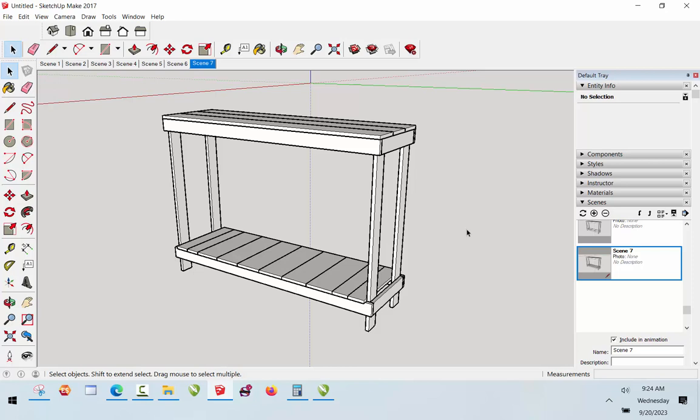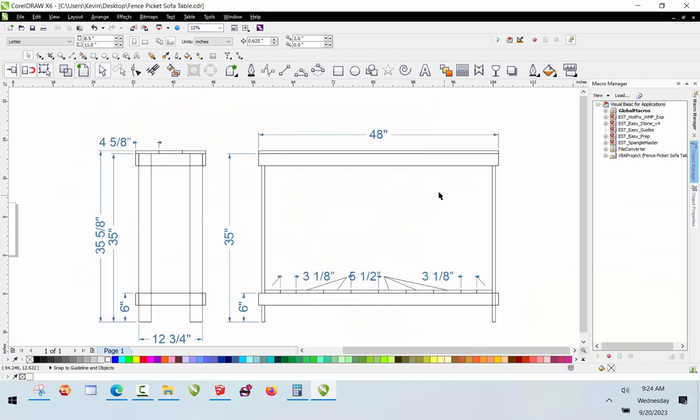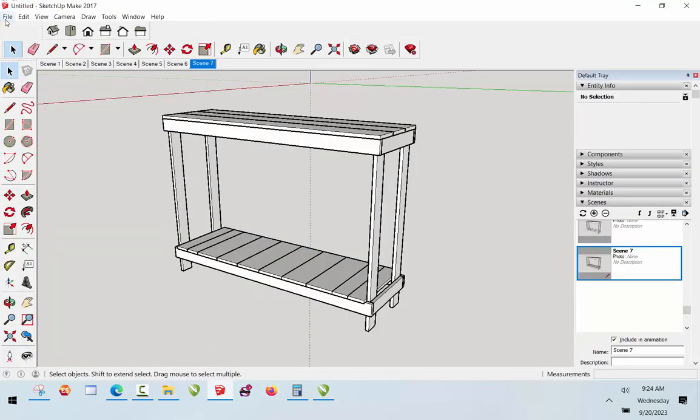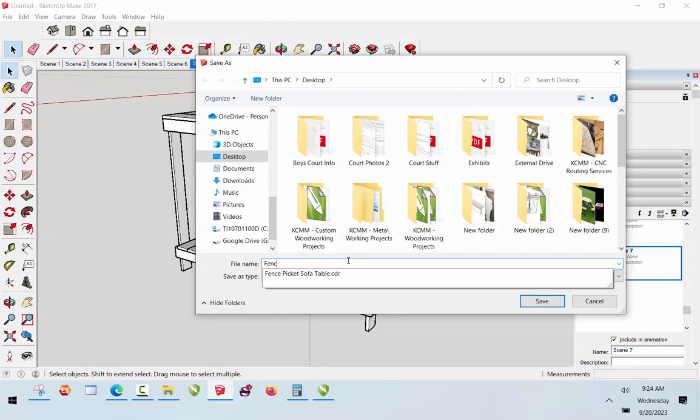So anyhow, in the 3D model, you'll have scenes, and it'll show you each step of the construction process if you want to work through it all. So it'll just be a real easy process for you to get familiar with the product that you're building before you actually go and build it. And of course, we're going to refer to our 2D drawing for all of our necessary dimensions. Okay, so we'll go ahead and save this as a Fence Picket